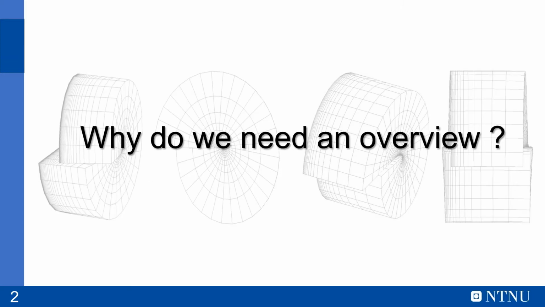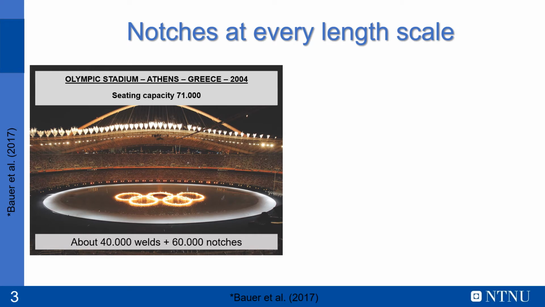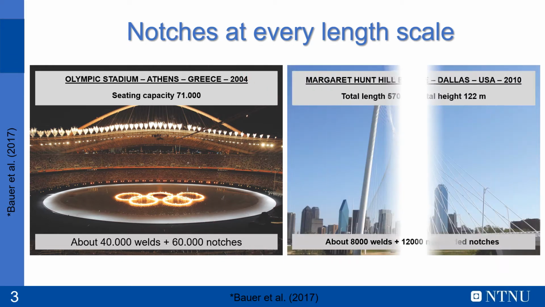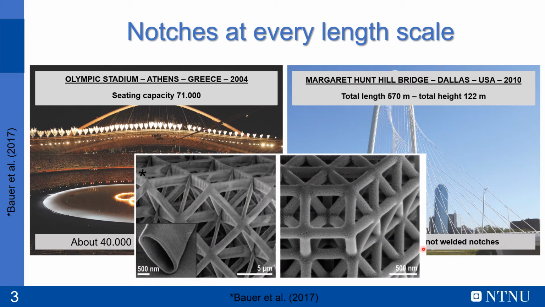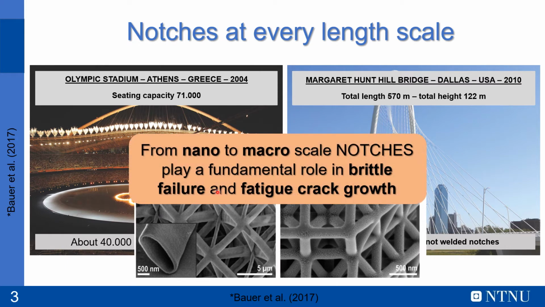Why do we need an overview on that? First of all, notches and cracks are present at every length scale. Here an example is the Olympic Stadium in Athens, Greece, or Margaret Hunt Hill Bridge in the US, where a lot of welds and notches are present. But also at smaller scales, here an example is beam-based architectural material, where notches are inherent at the intersection between beams, and therefore from nano to micro scale notches play a fundamental role in brittle failure and fatigue crack growth,